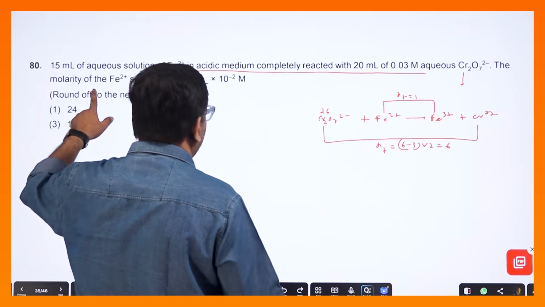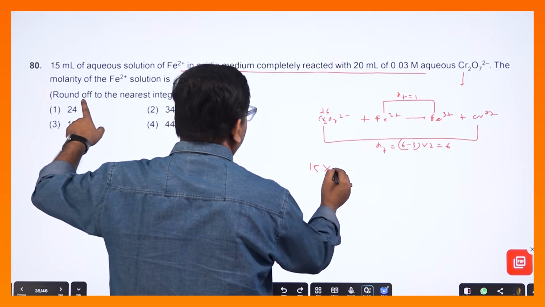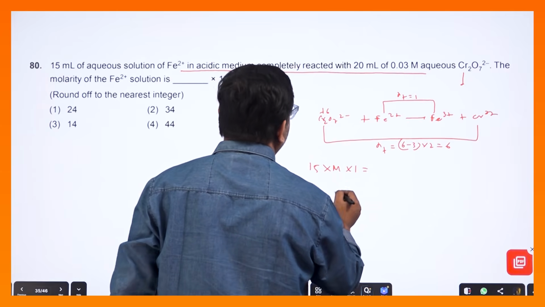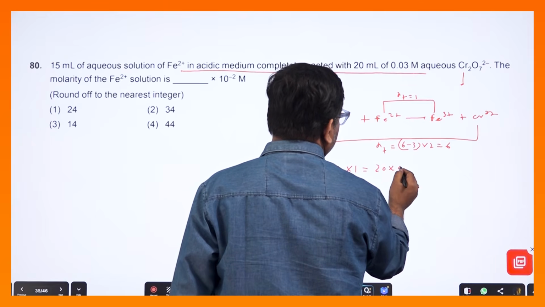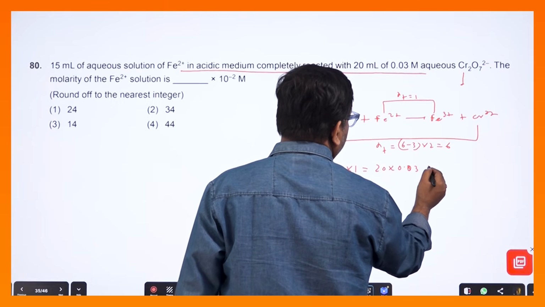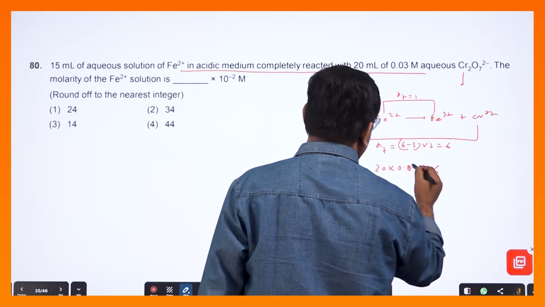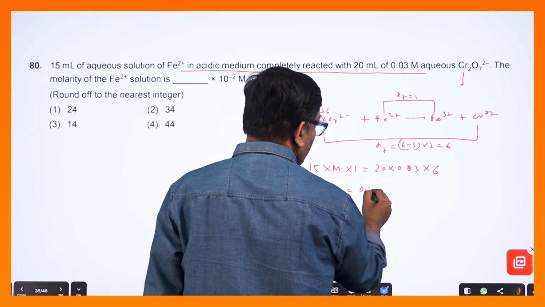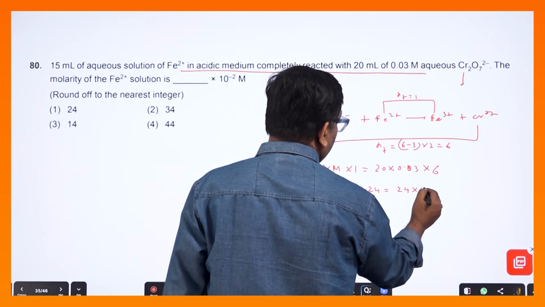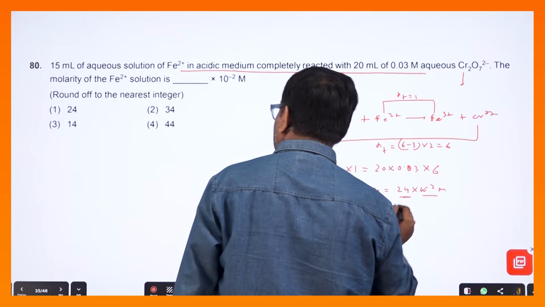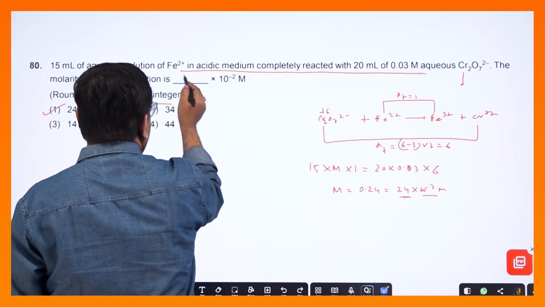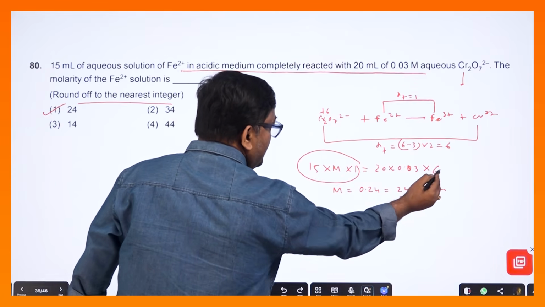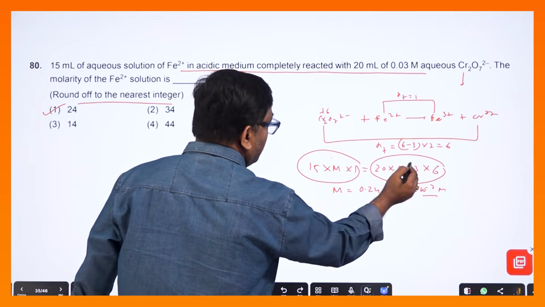তাহলে এবার 15 ml নিয়েছি, 15 ইনটু n-ফ্যাক্টর 1, আর মোলারিটি চেয়েছে। মোলারিটি জানি না, n-ফ্যাক্টর 1 করলাম। ওখানে বলেছে 20 ml, 0.03 ইনটু 6। এখান থেকে M বের করলে বেরোবে 0.24, তার মানে 24 ইনটু 10⁻² মোলার, তাহলে অ্যান্সার হবে 24। একদম বেসিক কোশ্চেন, খালি মনে রাখতে হবে নাম্বার অফ মিলি ইকুইভ্যালেন্ট, এদিকেও মিলি ইকুইভ্যালেন্ট করবো।